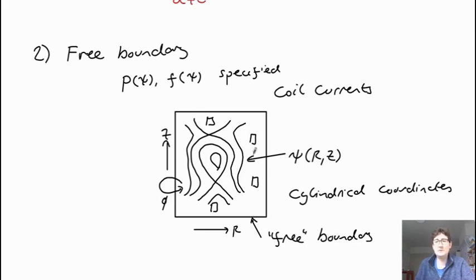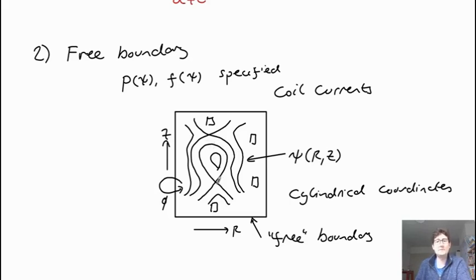Because it essentially extrapolates what the field looks like, and it's not constraining the field inside. So the magnetic field inside is constrained using these coils. And so, as part of the elliptic solve, calculating these boundary values can be one of the most computationally expensive parts. There are a couple of techniques for doing that, which I'll go through in a later video. I guess the advantage of these is you can, in principle, have any shape of plasma you like. The feedback is slightly more difficult, and control of the plasma shape is more difficult.